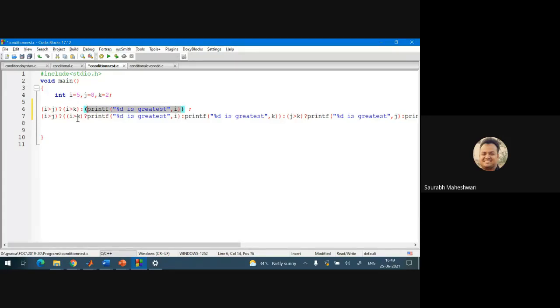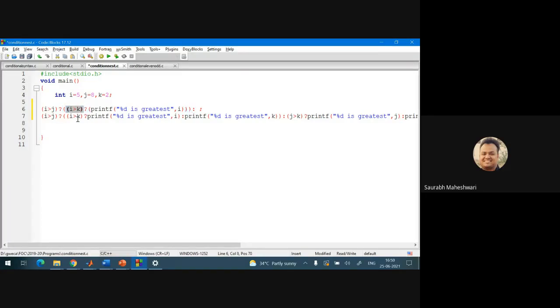I will copy this statement because we have to write this statement again and again. Okay, now this is the true part. This is the true part of which particular conditional operator? This conditional operator. This is the true part of this conditional operator. Okay, now what is the false condition of this particular thing?